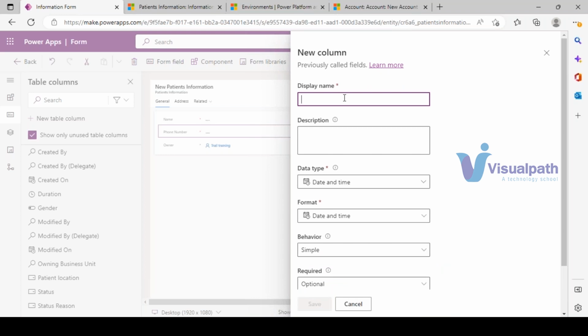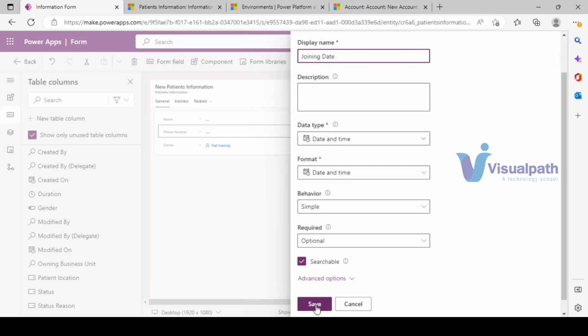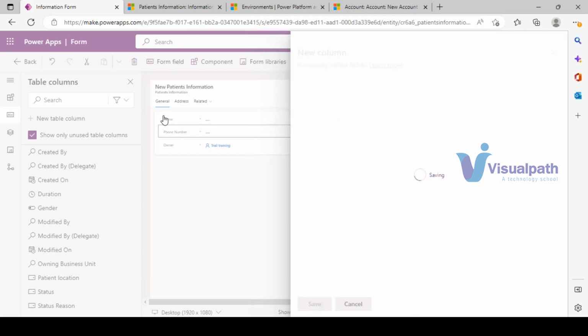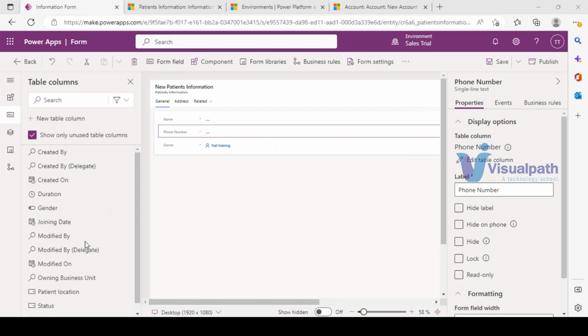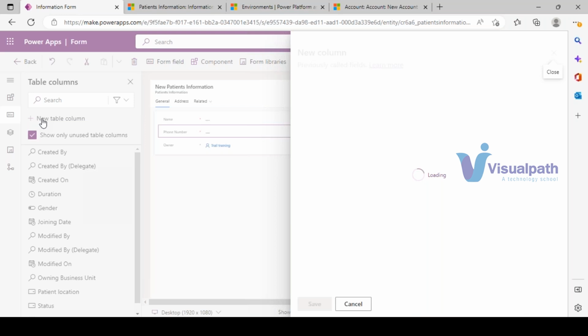Let's say you take joining date in hospital. You can give it here as joining date. Let's save this. We can make some fields mandatory also based on our requirement. I'm just creating at a high level only. Okay, and then the next column here is